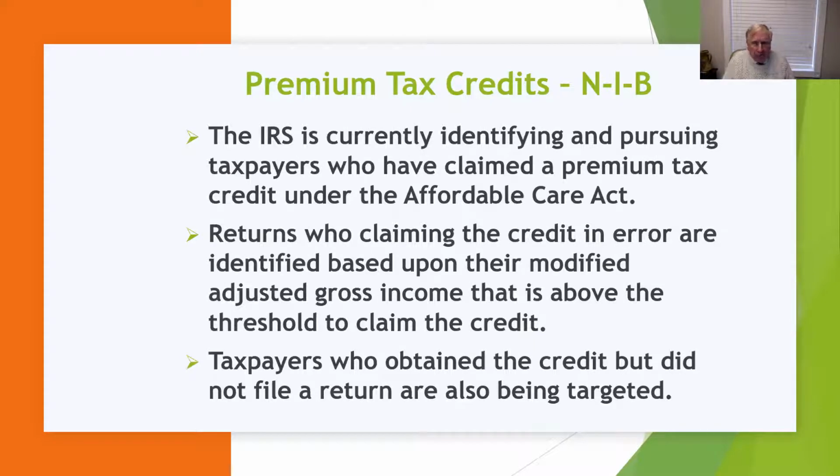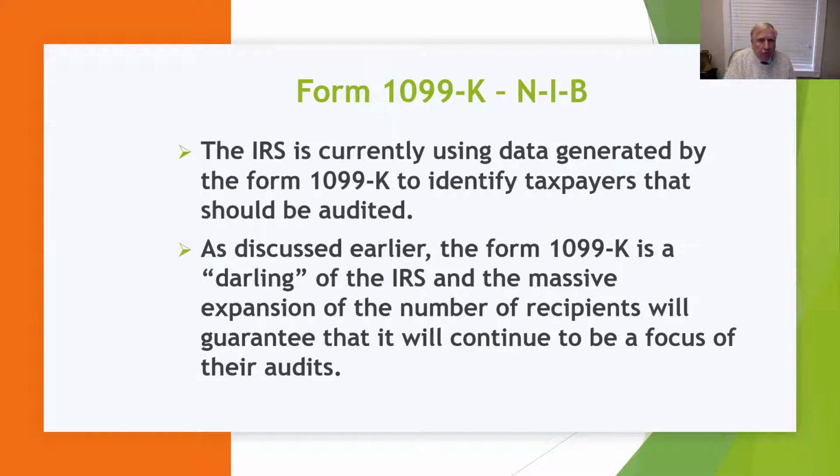The premium tax credit: the IRS is currently identifying and pursuing taxpayers who have claimed a premium tax credit under the Affordable Care Act. We're particularly looking at 2019. This is the year that this is being directed toward. Returns claiming the credit in error are identified based on their modified adjusted gross income being above the threshold to claim the credit. And taxpayers who obtained the credit but did not file a return are being targeted. As you know, anyone who claims the advanced premium tax credit has to file a tax return regardless of the other qualifications. This is a favorite, and we're going to be talking about this when we have the webinar section